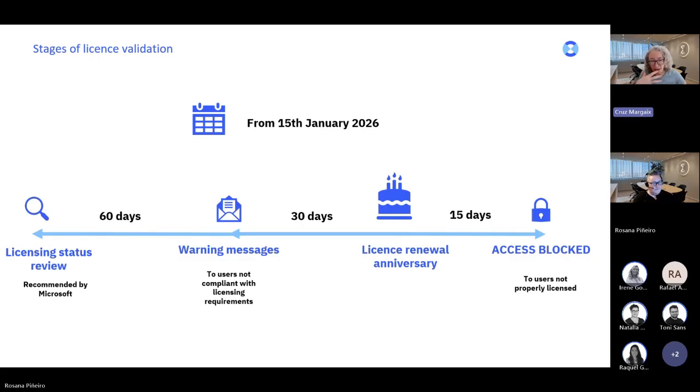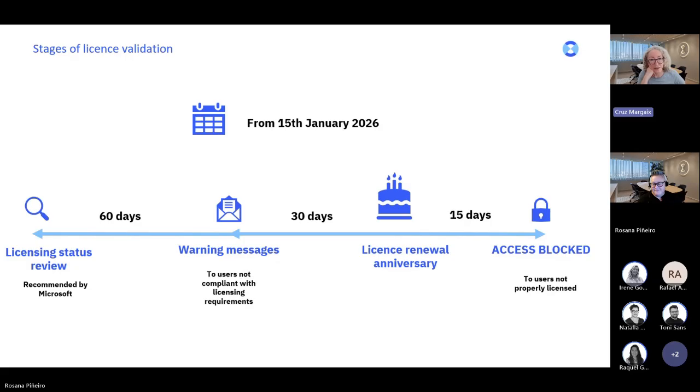Whereas in the past, although licensing should have been named licensing assigned to users, the reality was that Microsoft was quite flexible with licensing. As long as a customer had the right number of licenses, it really didn't matter who was using those licenses.